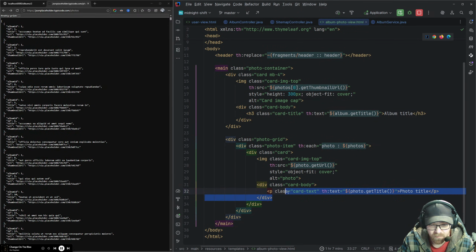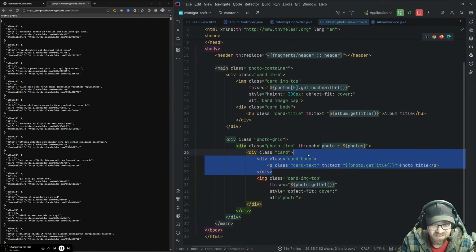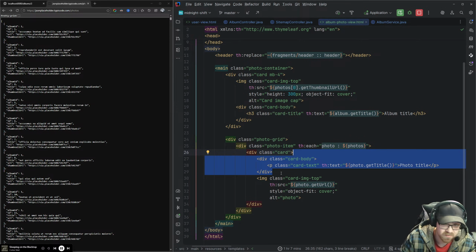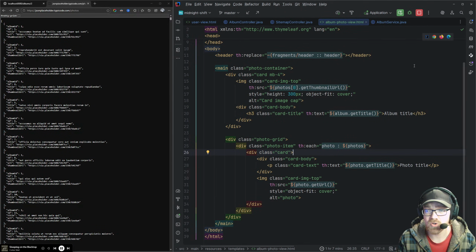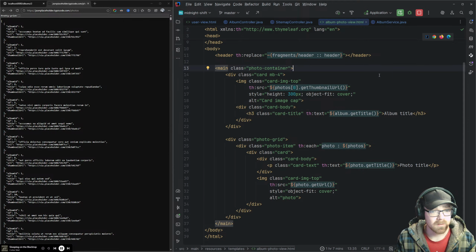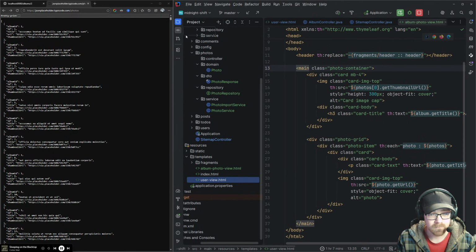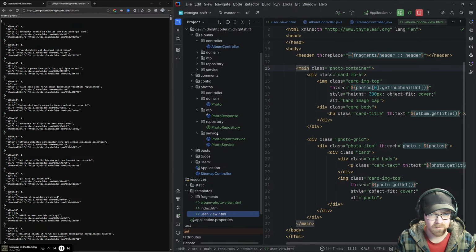Now, maybe I'll stick this above. Since it's a title, maybe I'll put it above the image. I don't know if I want to have it above the image or below the image. I guess it doesn't really matter too much. I'm going to stick it above for now. Yeah, it should be about fine-ish, I think.